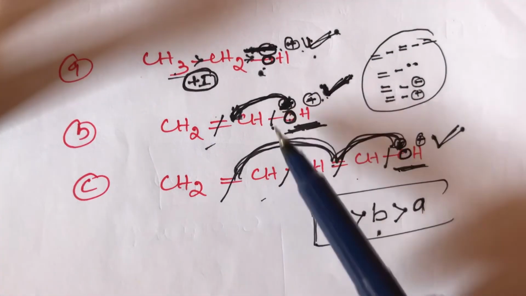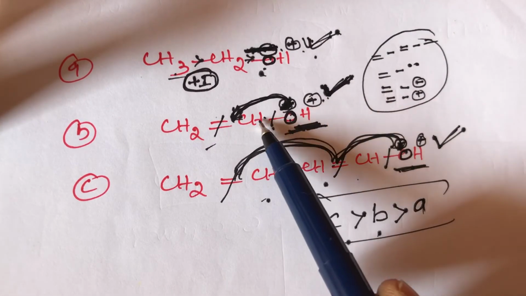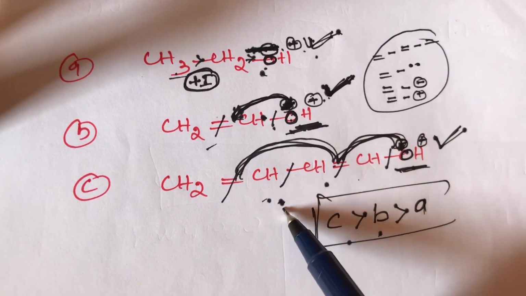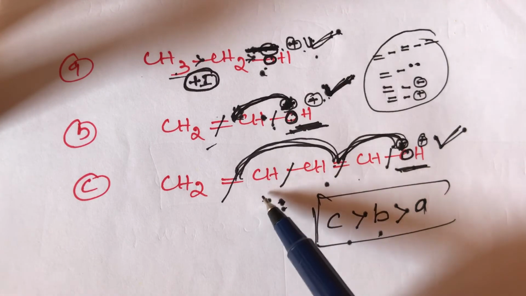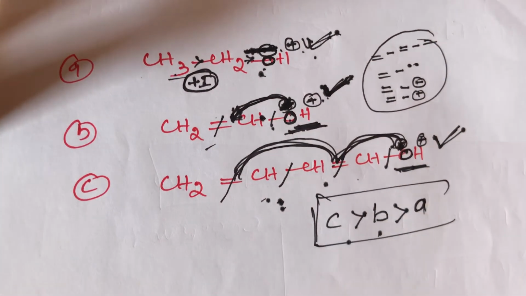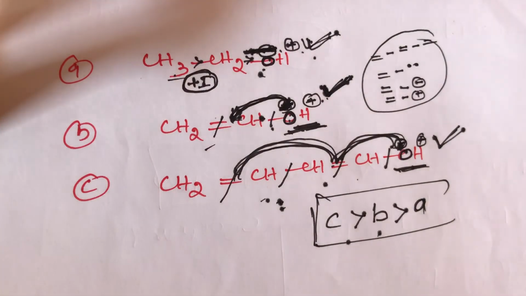Out of these two, the B compound and the C compound, the B compound has conjugation and the C compound also has conjugation. Which one is better? The one with more double bonds is more acidic in nature, student. A very important simple trick: simply remember, the compound with more double bonds is always more acidic in nature.